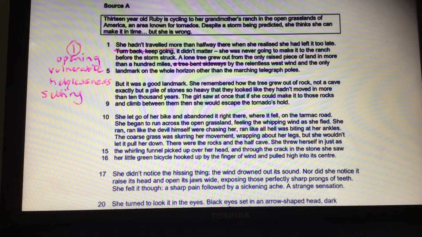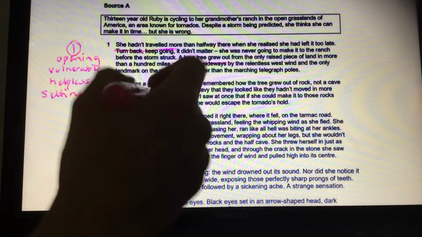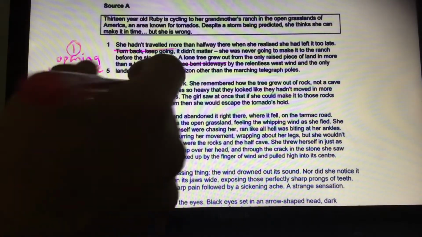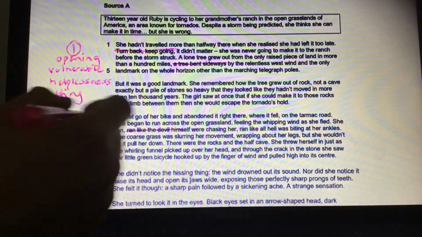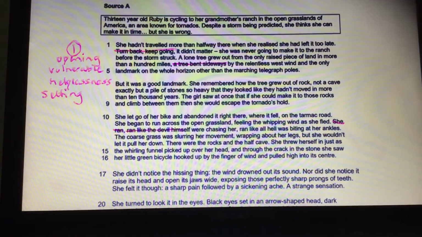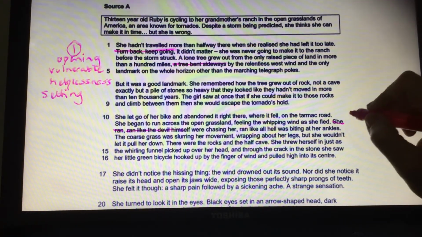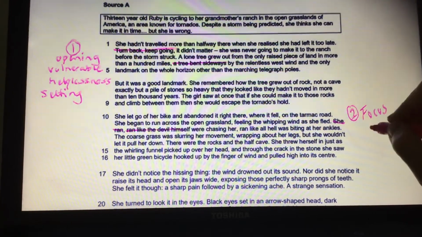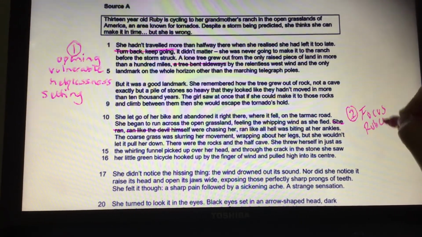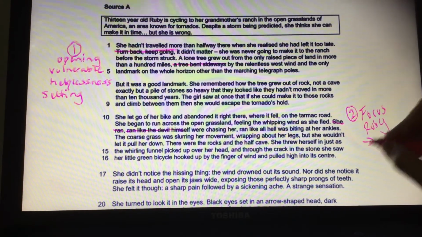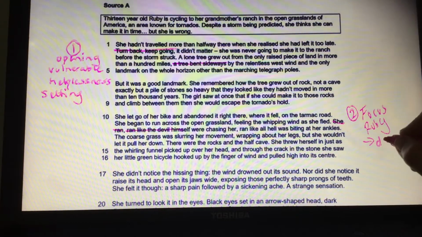Okay, so I think by this point I need to have my second key idea, and I'm going to focus on this idea of her running because it's repeated 3 times there. So I'm going to say ran like the devil himself, and in fact I might even just take she ran as well. And that's my second point. I'm going to think about the fact that the text has started to focus on Ruby's response here. Now the fact that she's running so fast shows that she understands the danger that she faces.